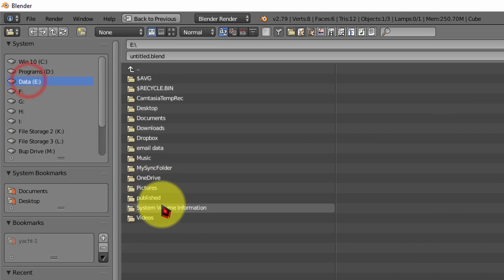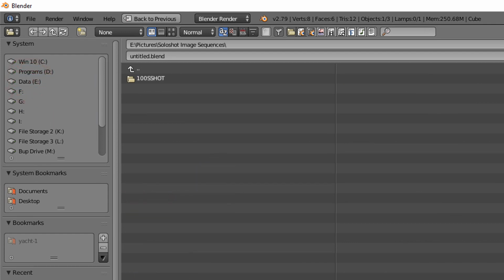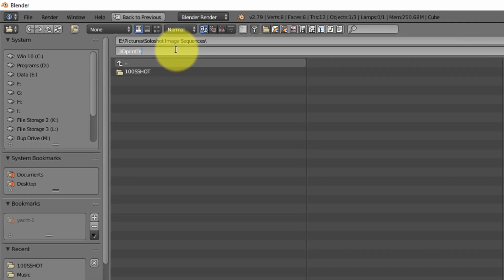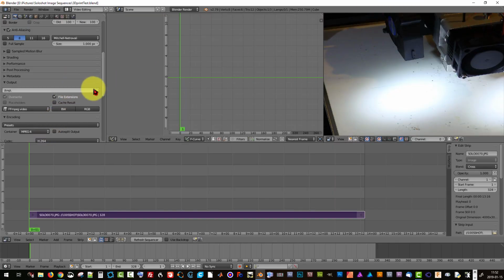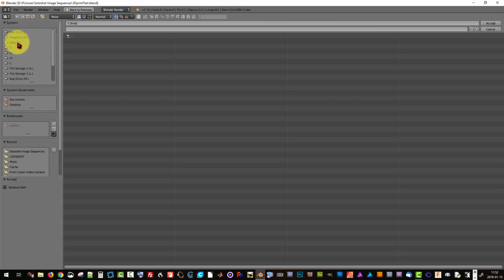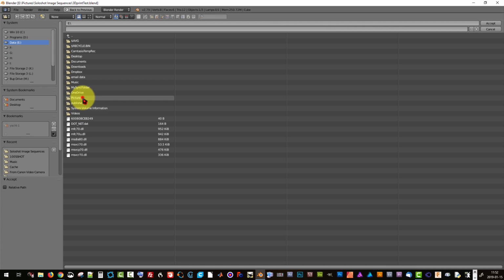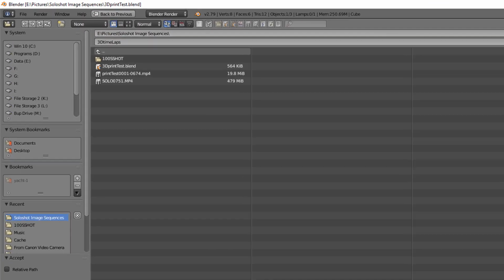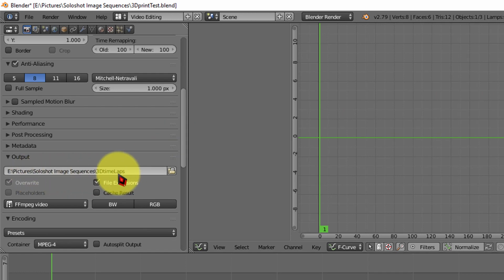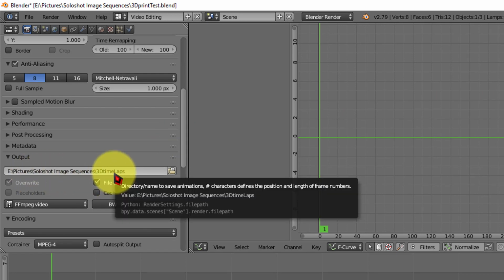So I'm just gonna save the file back where that was. 3D print test, and so I've got now this one done, and I'm going to save the file back there to the same place. That was pictures, and I can put it here as well. 3D time lapse, and accept it. So now it's going to give this name to the file, and it's going to put it